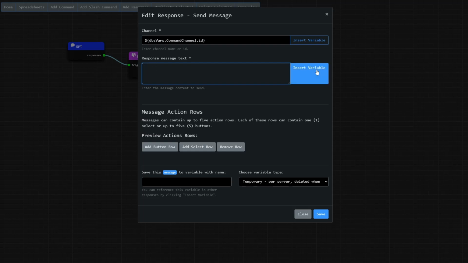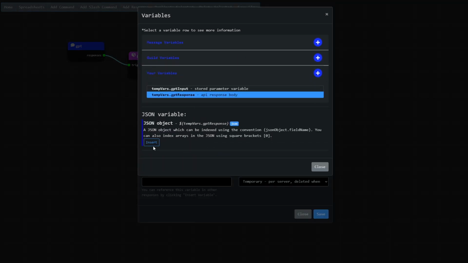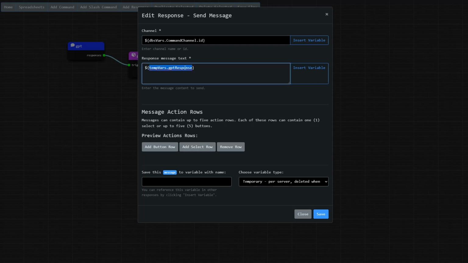We can go ahead and reference our GPT response. So this is what we stored as a variable, and this is what's coming back from the OpenAI API. If you just sent this, it would be an entire JSON object. So the response comes back with a status code, things like that. That's not really relevant to the user, that sort of metadata stuff. So in order to access the response, like the text response to our prompt, we're going to do .output 0, .content